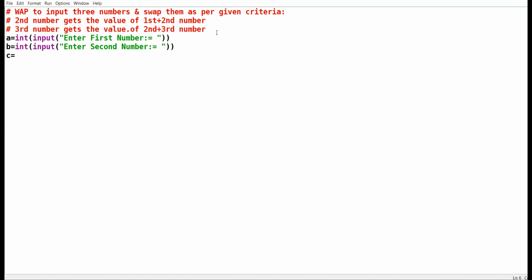Then again third number, again integer type, using the integer function, enter third number. All the 3 numbers are inputted. Okay. So A, comma, B, comma, C equal to.